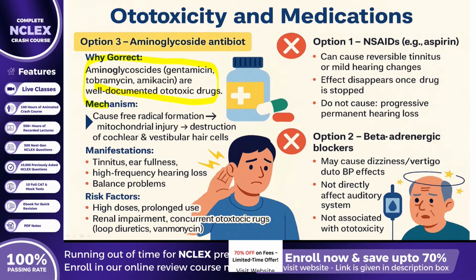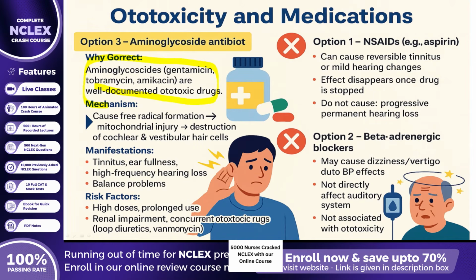The risk is further amplified in clients receiving high doses, prolonged courses, concurrent ototoxic drugs such as loop diuretics or vancomycin, and in those with impaired renal clearance. The underlying mechanism involves free radical formation that causes mitochondrial injury in cochlear hair cells. And unfortunately, once this damage occurs, it is permanent. Because aminoglycosides are also nephrotoxic, strict renal monitoring and frequent checking of serum peak and trough levels are critical to